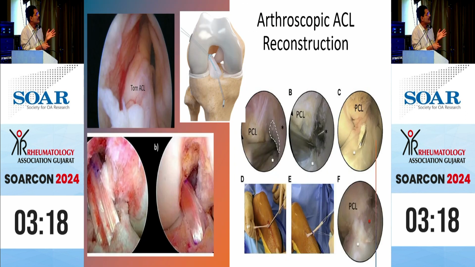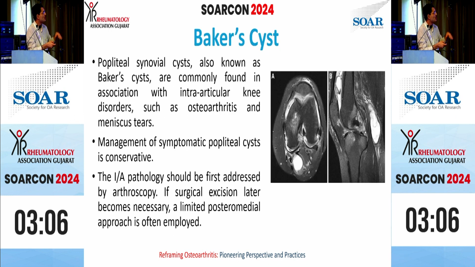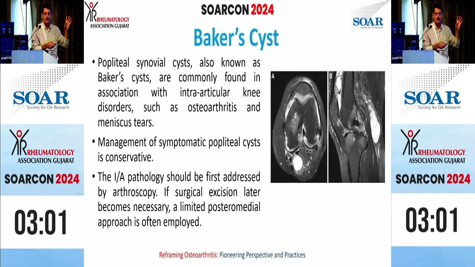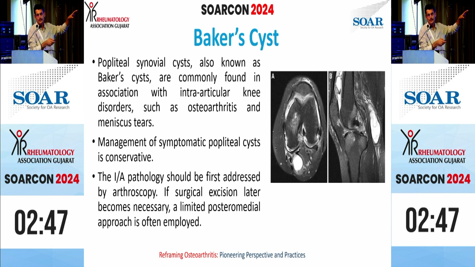Then we can have ligament injuries, and ligament injuries can be addressed with ligament surgeries like ACL and PCL reconstructions. Loose bodies and OCDs can again be addressed with removal of the fragments and fixation of the fragments. You can have a Baker's cyst on the posterior part. This is again a very common cause. You can actually palpate a cyst on the posterior aspect of the knee, and this you can also decompress by arthroscopic means. And in the MRI you will see a classical picture of a cyst on the posterior aspect of the knee, and these kinds of cysts can be addressed and removed